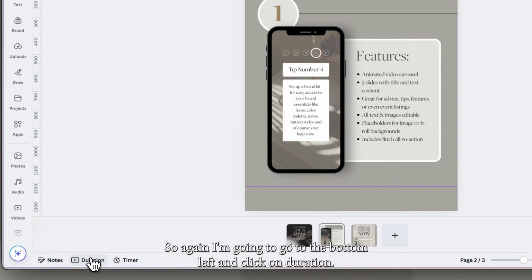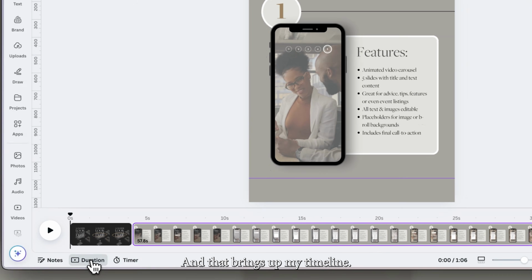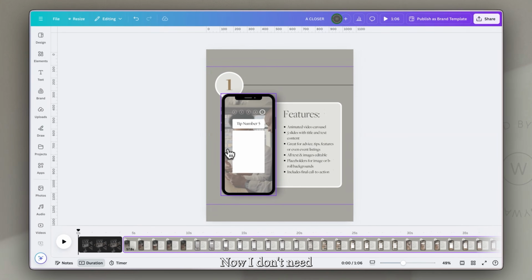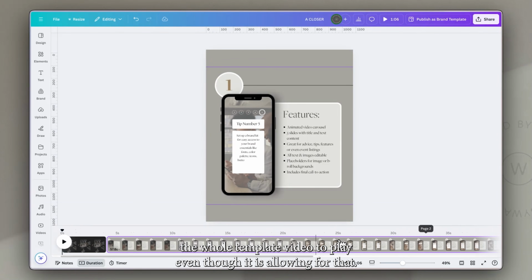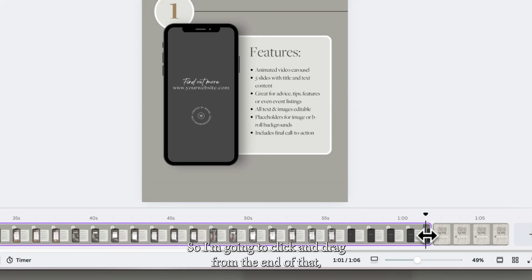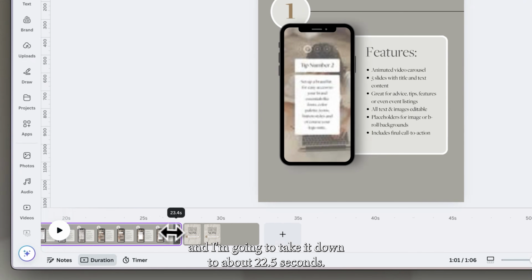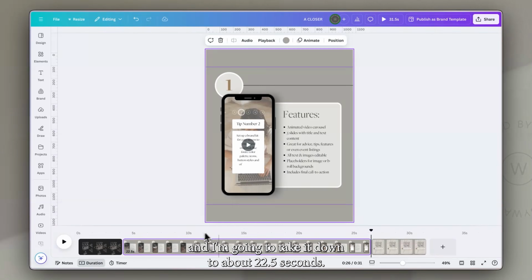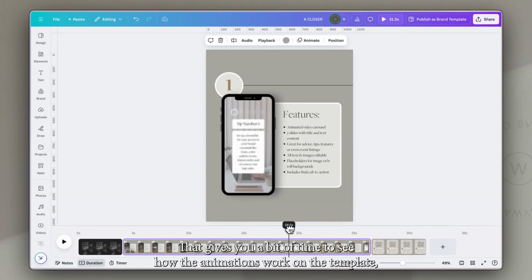So again, I'm going to go to the bottom left and click on duration, and that brings up my timeline. Now I don't need the whole template video to play, even though it is allowing for that. So I'm going to click and drag from the end of that, and I'm going to take it down to about 22.5 seconds. That gives you a bit of time to see how the animations work on the template, but